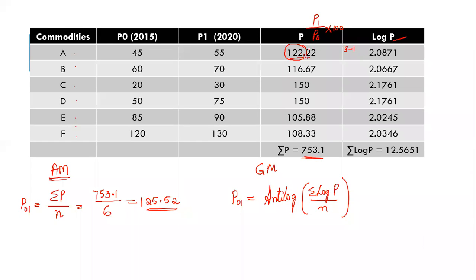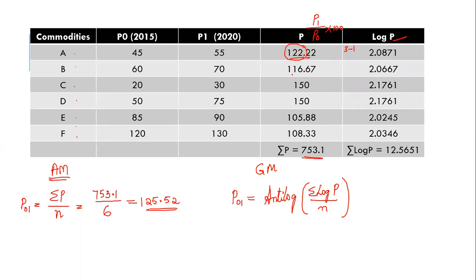So here, what do you get? 122, it has 3 digits. When you do 3 minus 1, you get 2. So it is 2.08. And always remember, when you do this, the number before the point will not be 3, 4, 5. Those numbers do not come. It will be a maximum of 0, 1, 2. Keep that in mind. So 3 digits means 3 minus 1, which is 2.